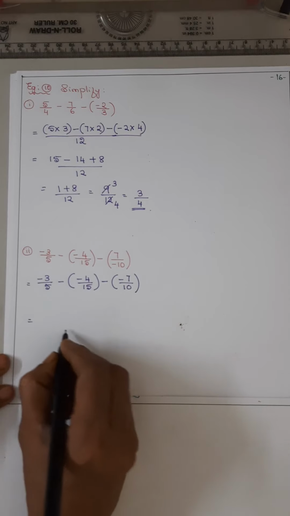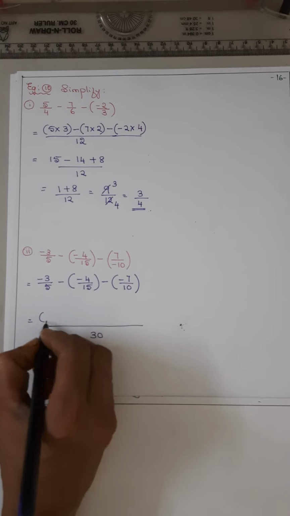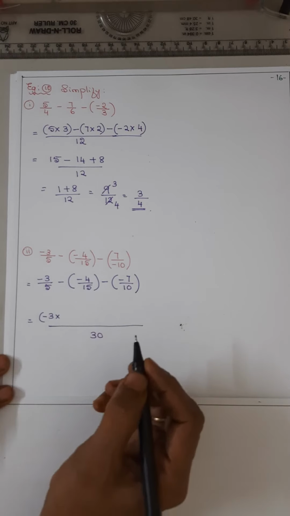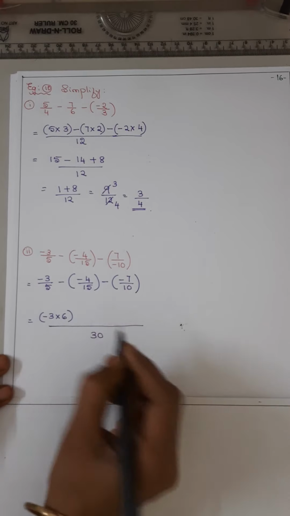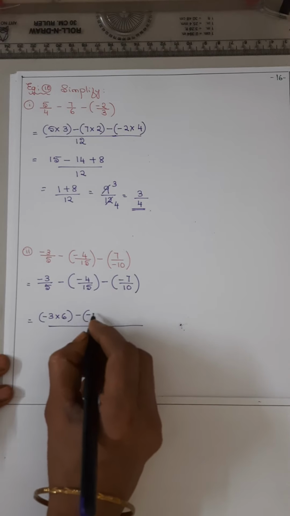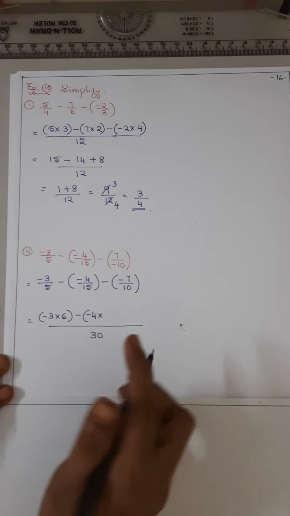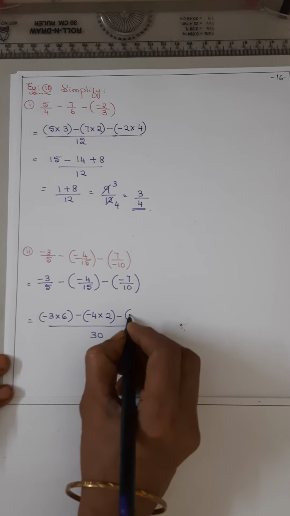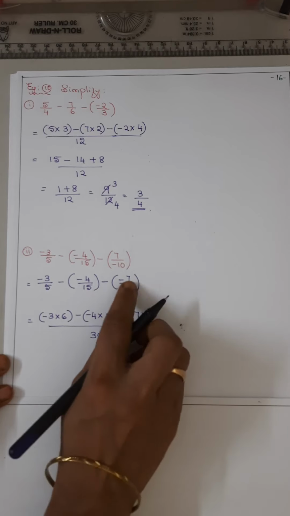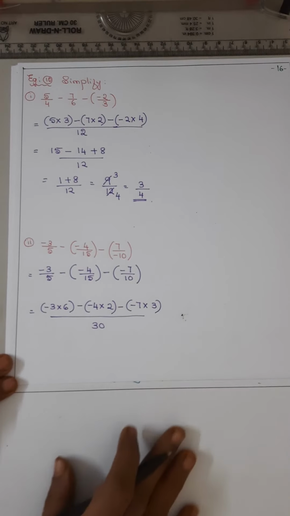तो हमें क्या करने का है? अभी डिनोमिनेटर 30 एक बार लिखेंगे. फर्स्ट का न्यूमरेटर -3. Now you ask the denominator 5 how much are 30? 5 6s are 30. Minus numerator is -4 into 15 how much are 30? 15 twos are 30. Multiply. Now minus 7. Okay, numerator 10 how much are 30? 10 threes are 30. Hope you are understanding this method.